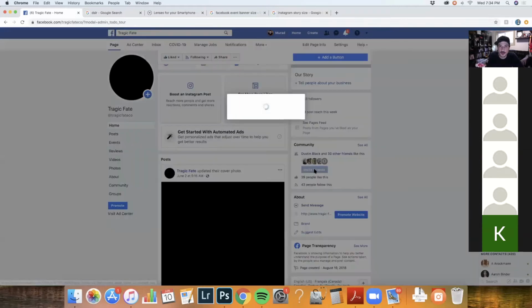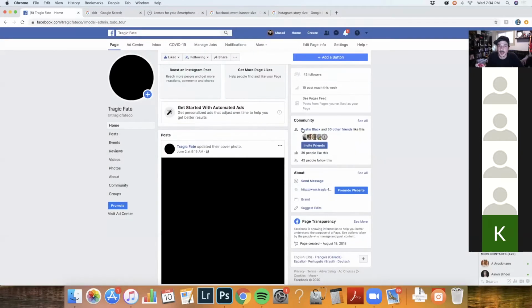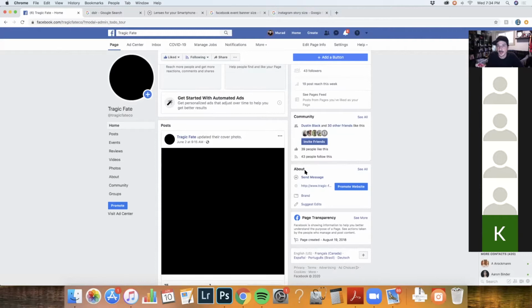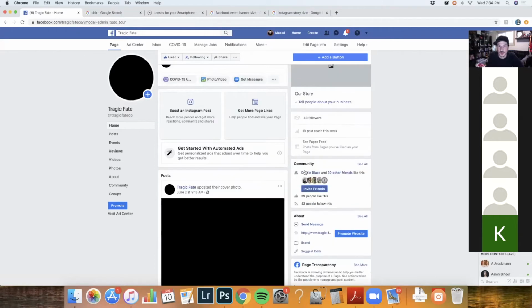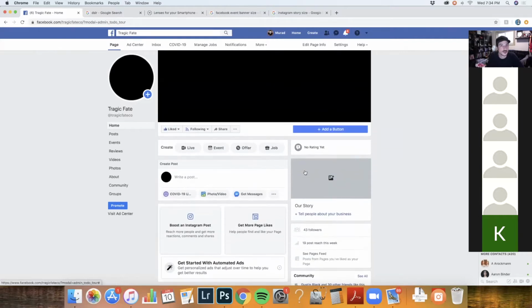But I'll click through here just on invite friends. It's glitching out right now, but make sure that you're going here. Make sure that when you go to your page, you click on invite friends, and the people who show up at your shows and the people who are on your friends list personally, that you are actually inviting them to be a part of what you do online. And the same thing goes for your Instagram, your TikTok, your YouTube.